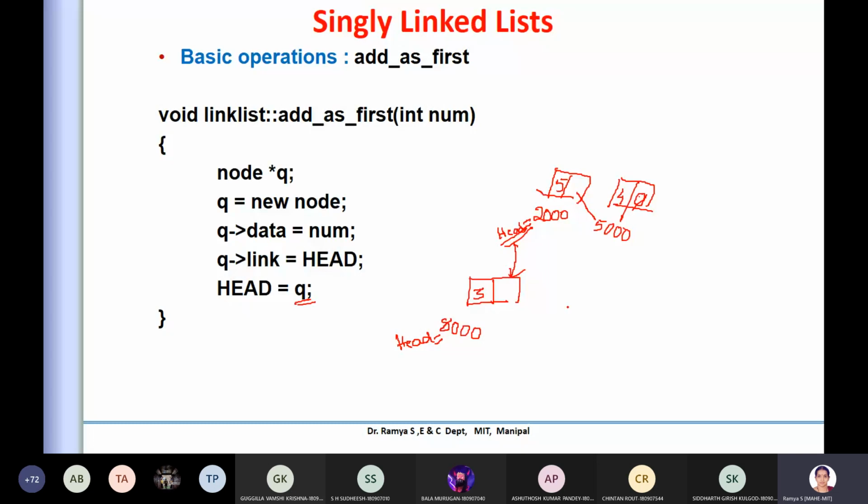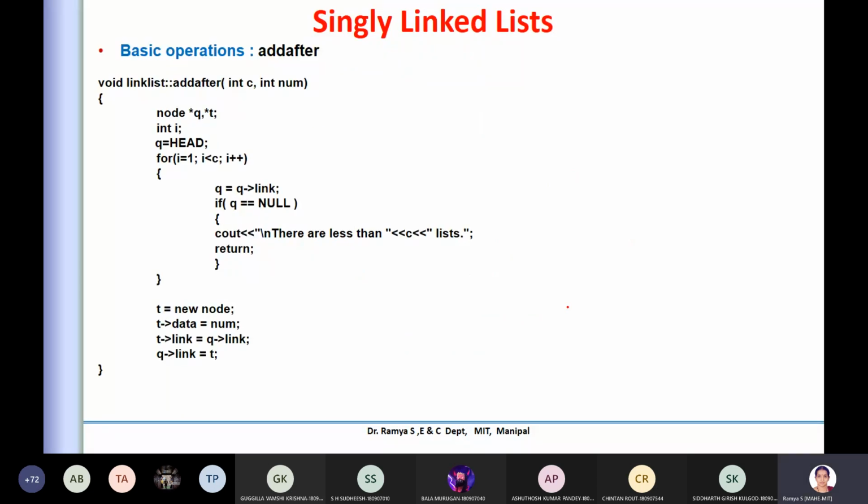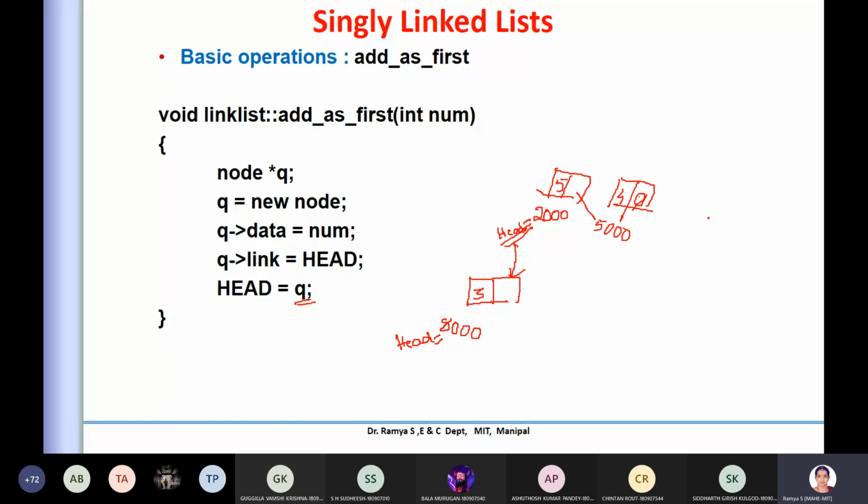You can call it insertion at the first, or add at first, all mean the same. It's very simple. Now you can think of add at the end also. It's very simple, only the null value has to be changed. If I want to add at the end, I create a node and change this address: instead of null, you change it to the new node which you created, but this new end node has to be stored with null. That is how you do insertion at the end, but the head will not change at that point. Head will be this only, you are inserting only at the tail part here.